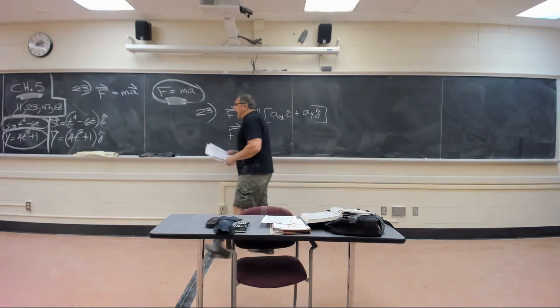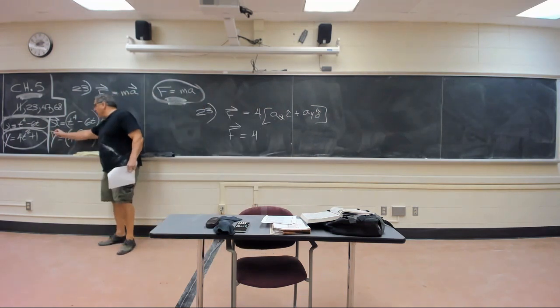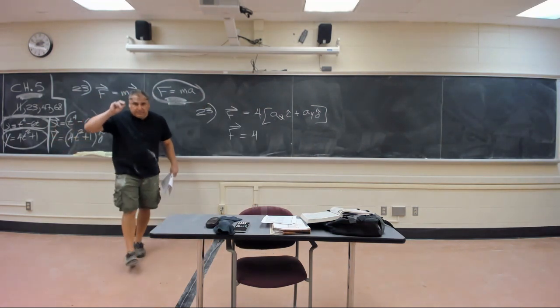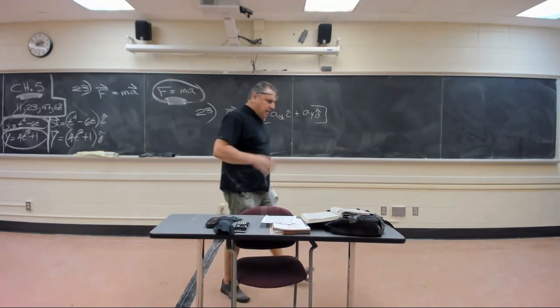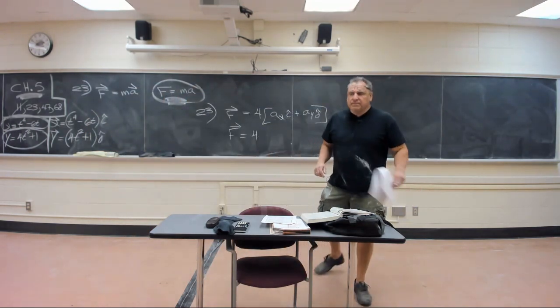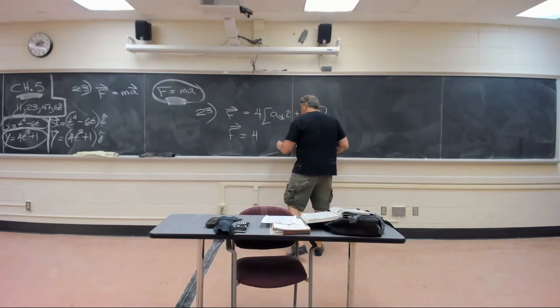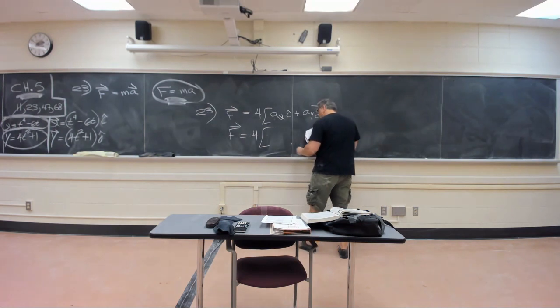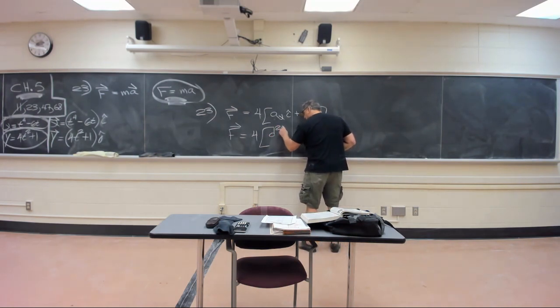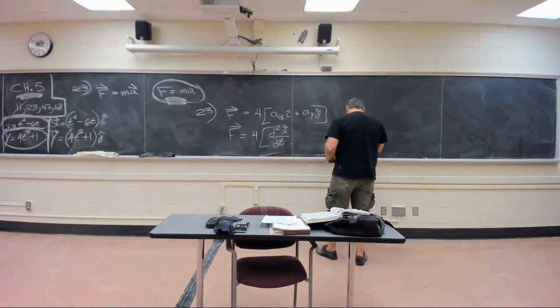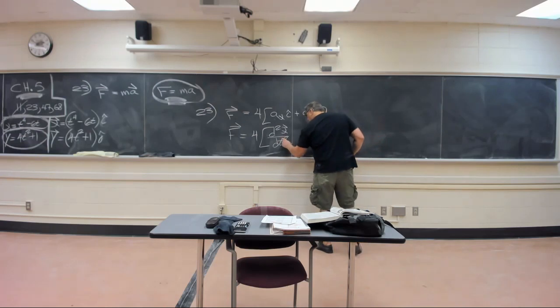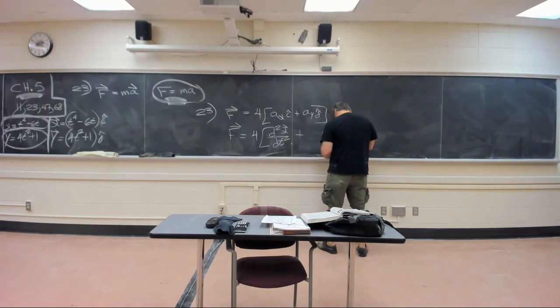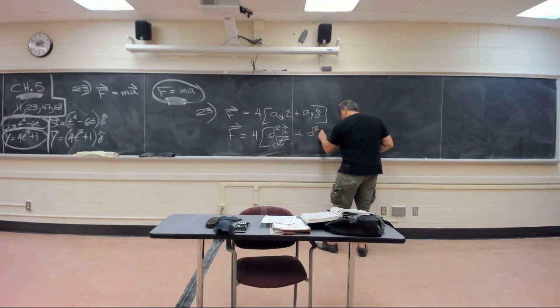The first derivative of x, or the first derivative of y, is velocity. The second derivative of either one of those is acceleration. So to make a long story short, take the second derivative of the x vector, take the second derivative of the y vector,